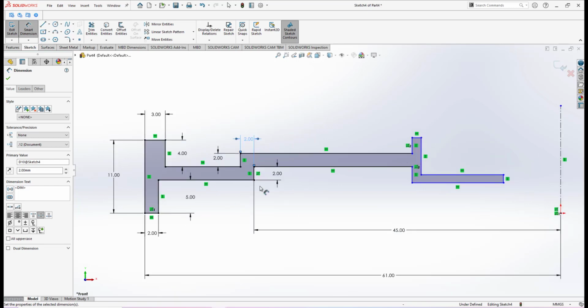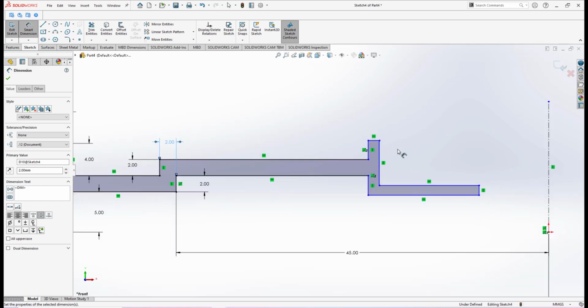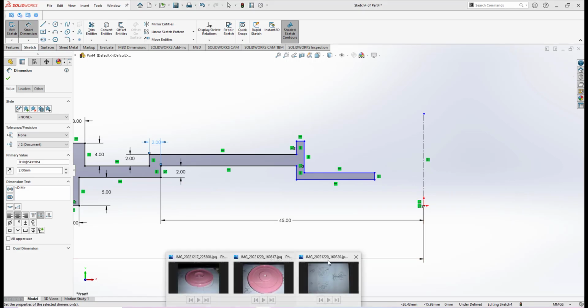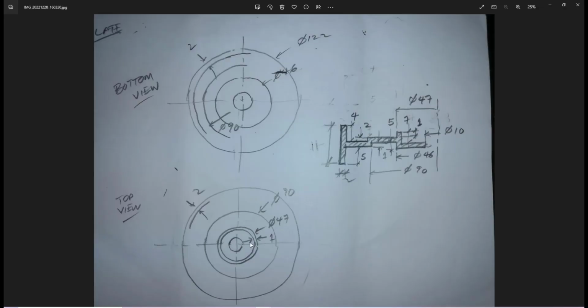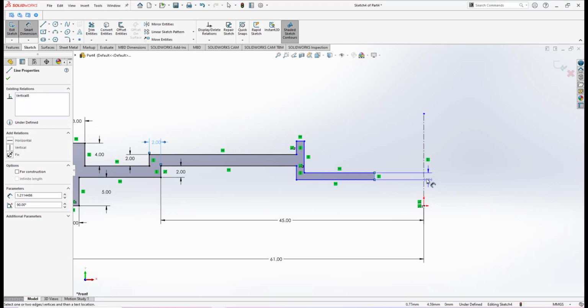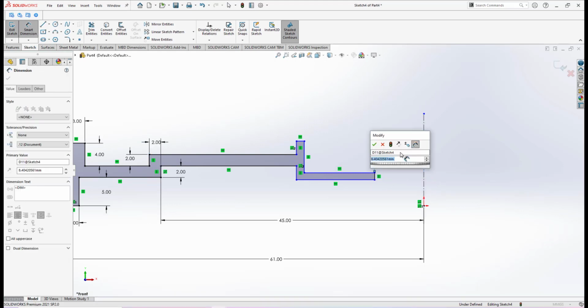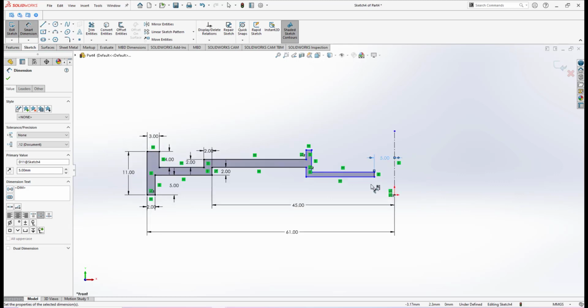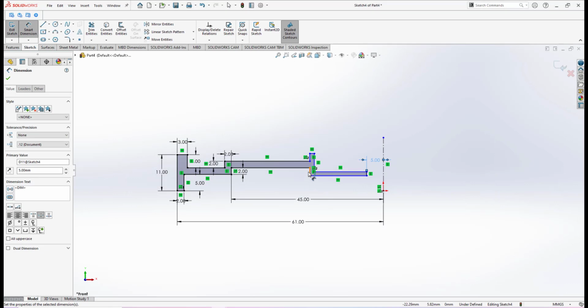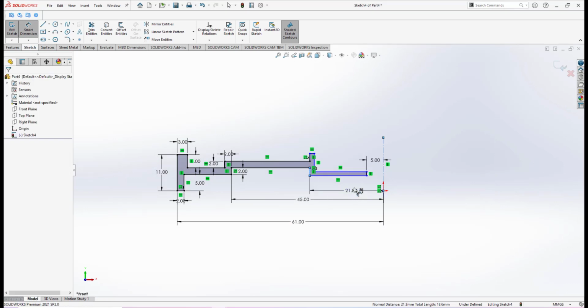Okay, the left portion of it we have already made fully defined. The only part left is the right portion here. Since the diameter of the middle hole is 10, from here to the center line should be 5. Also from here to here is 23,